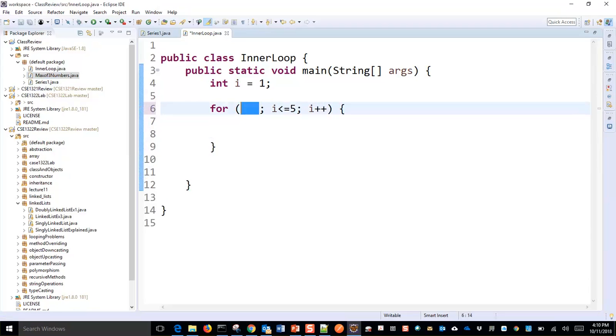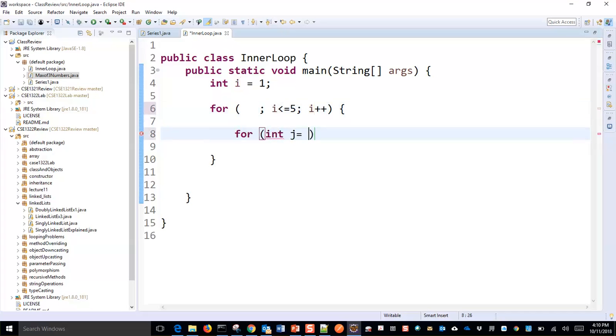But I can miss it here because it is already defined above it, right? For a for loop, the index is initialized only one time. So you can put this initialization within the for loop or above this loop. Okay, it will work. Now if I say for int j